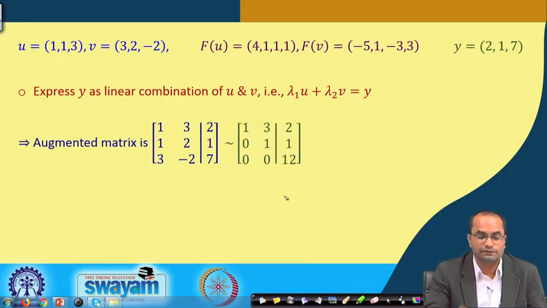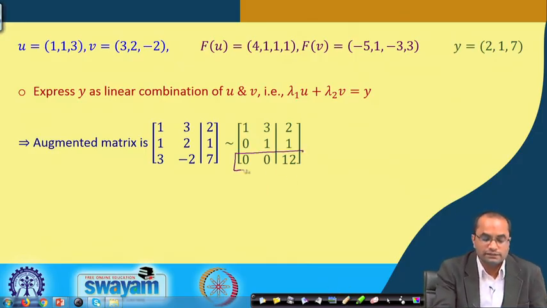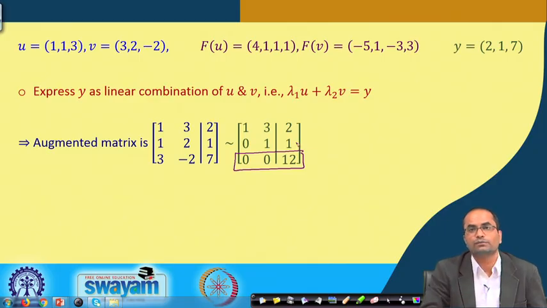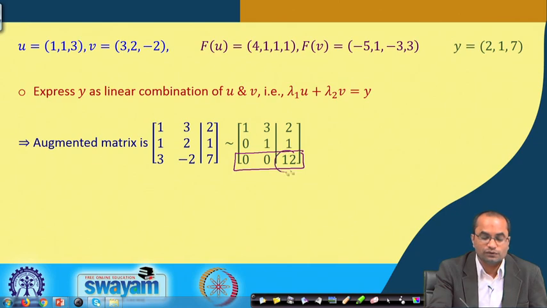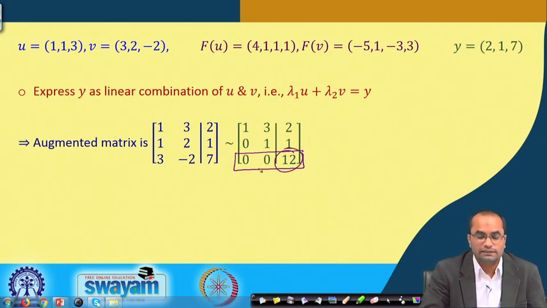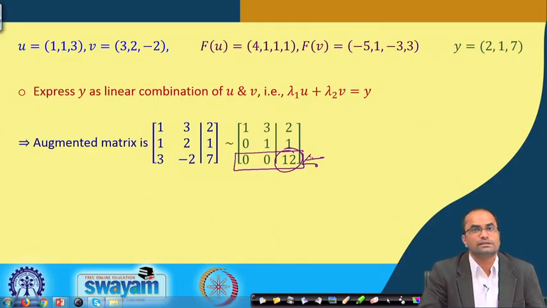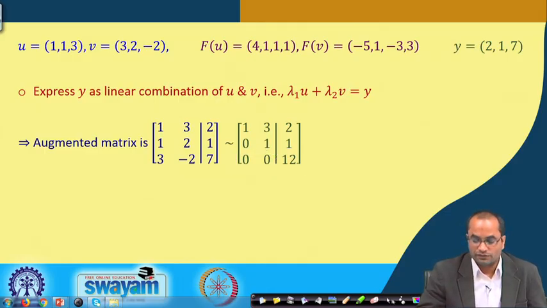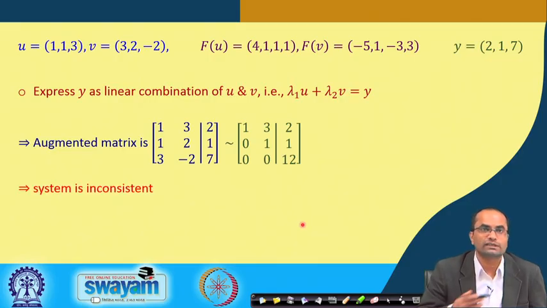Now, the problem here is the inconsistency. The rightmost column here has a pivot element, this 12, which should not happen in this case. Because of this we have an inconsistency in the system, which leads to the non-existence of the solution. So, here we cannot express this y as a linear combination of this u and v, and therefore,